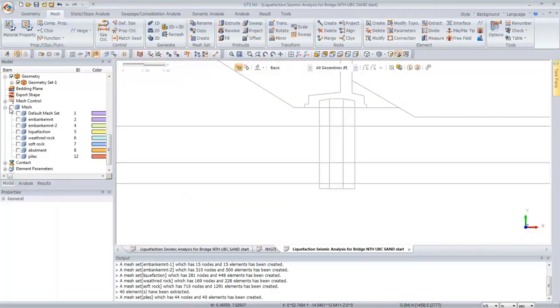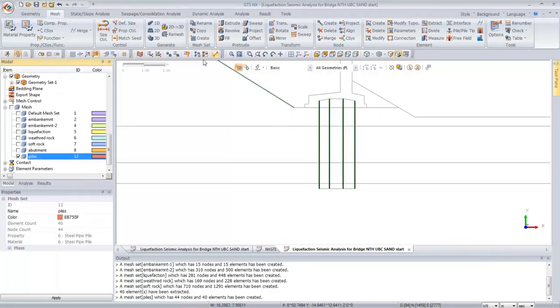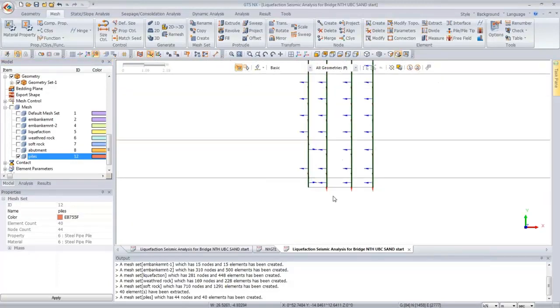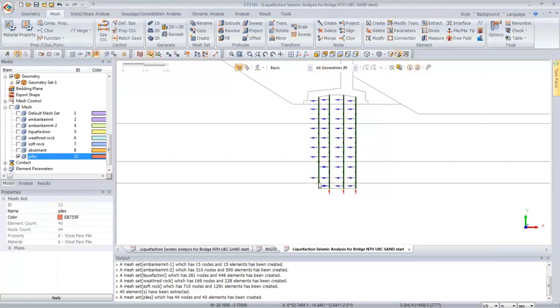However, what I do have to inspect real quick is the orientation for my 1D elements. So I'm only activating the piles, and I'm going to turn on here what would be the coordinate system. It seems here that most are matching except maybe for this one element, and all that would mean is then the results, the positive direction and the negative direction of, let's say, axial forces would mismatch. So I just have to correct that one or two